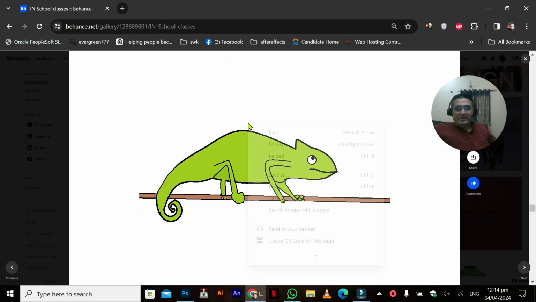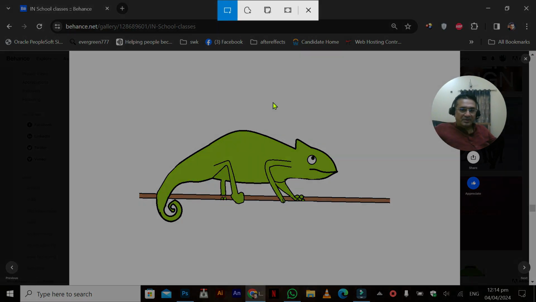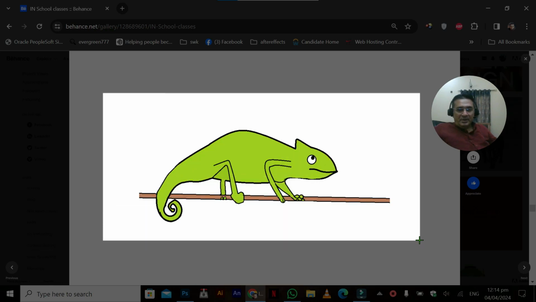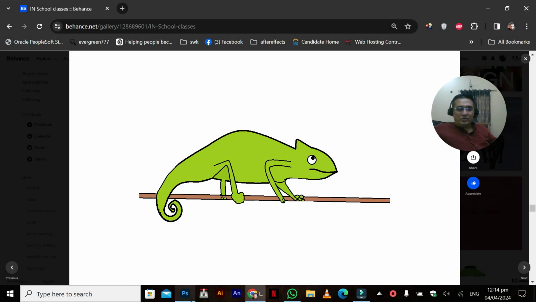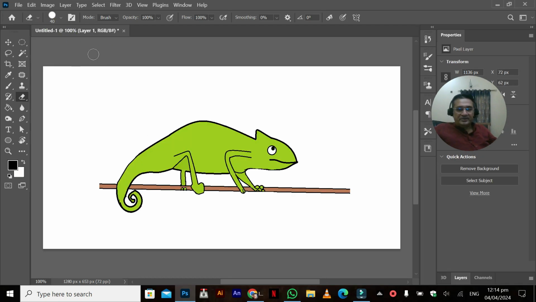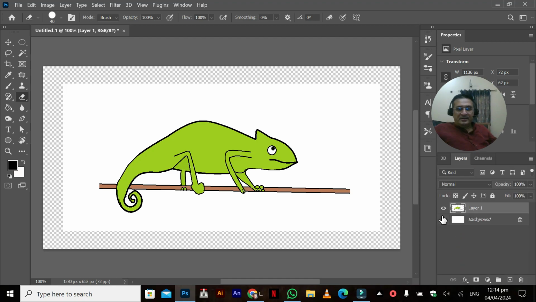So first of all we need to, you can check the link. I will paste this link in the description. Use Windows Shift S and simply drag, and this is copied. Now go to Photoshop and open any resolution and Ctrl V to paste. Now in the layers you will see that this already has a white background, so we need to remove this